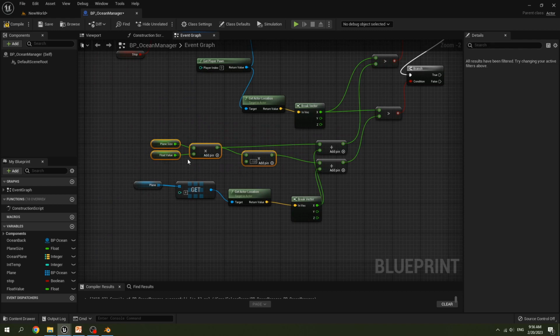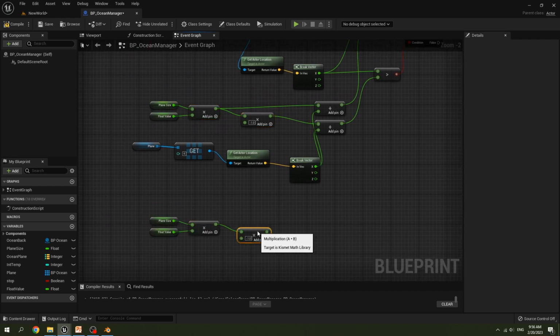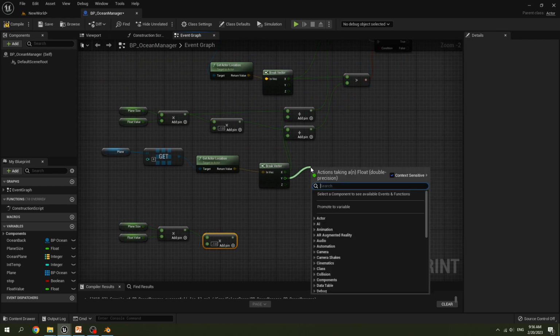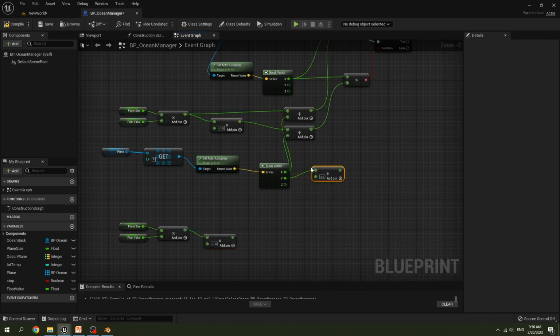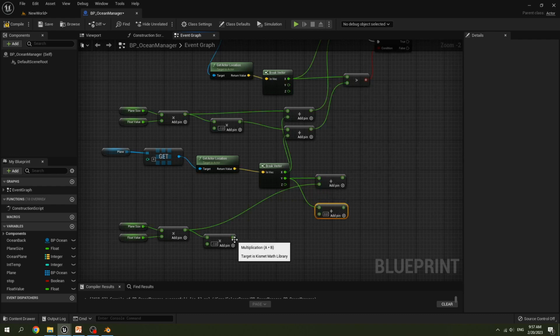Copy this node and paste it under. Get the y value of the center plane. Add it with the plane size multiplied by float value. Get y, then add it with the negative value.